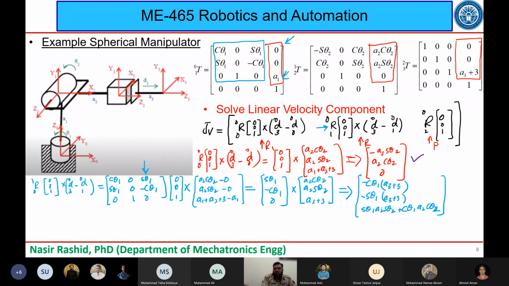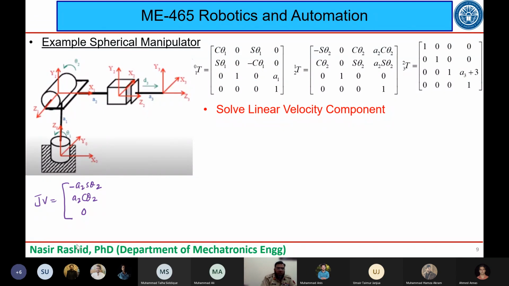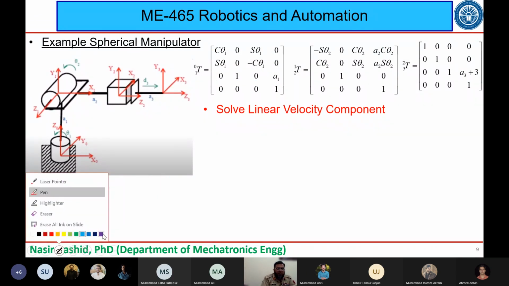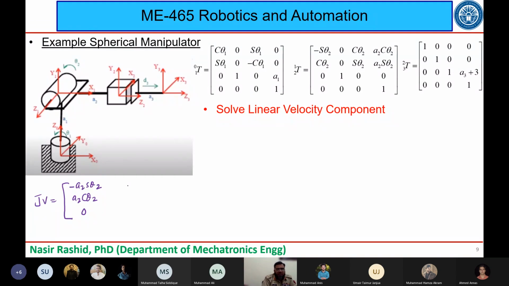Okay, now this is the second column। अब इस सेकेंड कॉलम को भी मैं अगली स्लाइड पे लेके जा रहा हूँ यहाँ पे, and I'm going to write it down here, the second column which is minus cos theta 1 a3 plus 3, minus sin theta 1 a3 plus 3, then sin theta 1 a2 sin theta 2 plus cos theta 1 a2 cos theta 2। ये सेकंड कॉलम मेरे पास है, ठीक हो गया।